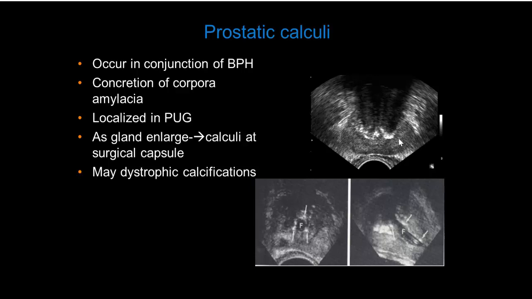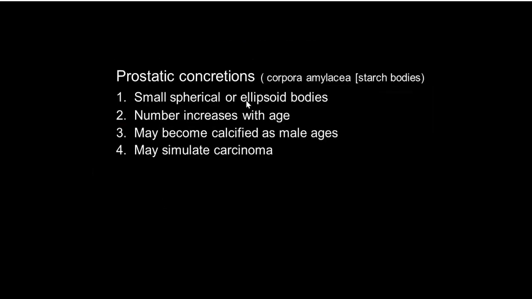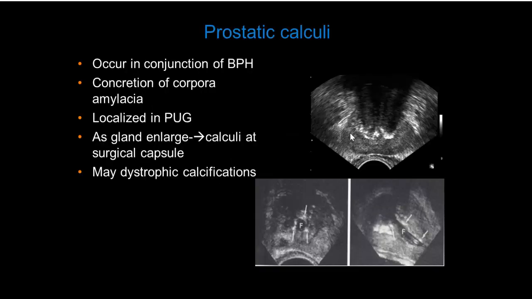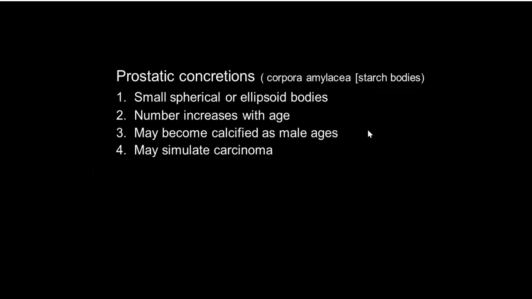As the gland enlarges, calculi present at the surgical capsule may show dystrophic calcifications. This is characteristic of concretions of corpora: small, spherical, ellipsoid, number increases with age, may be calcified, may simulate carcinoma. And this is the characteristic site in ultrasound, localized in the periurethral gland, occurring in conjunction with benign prostatic hyperplasia. Small multiple calculi, spherical